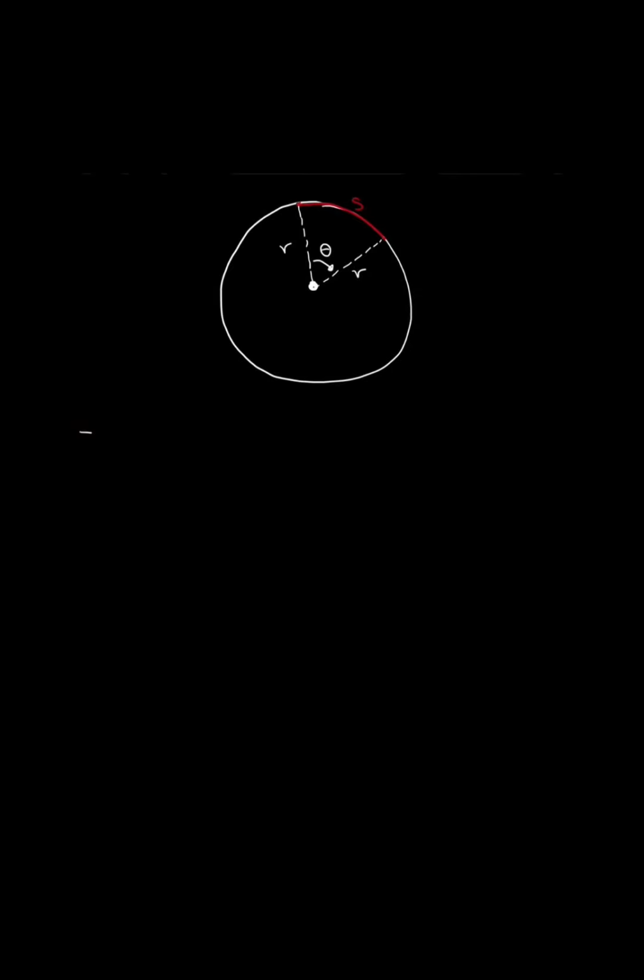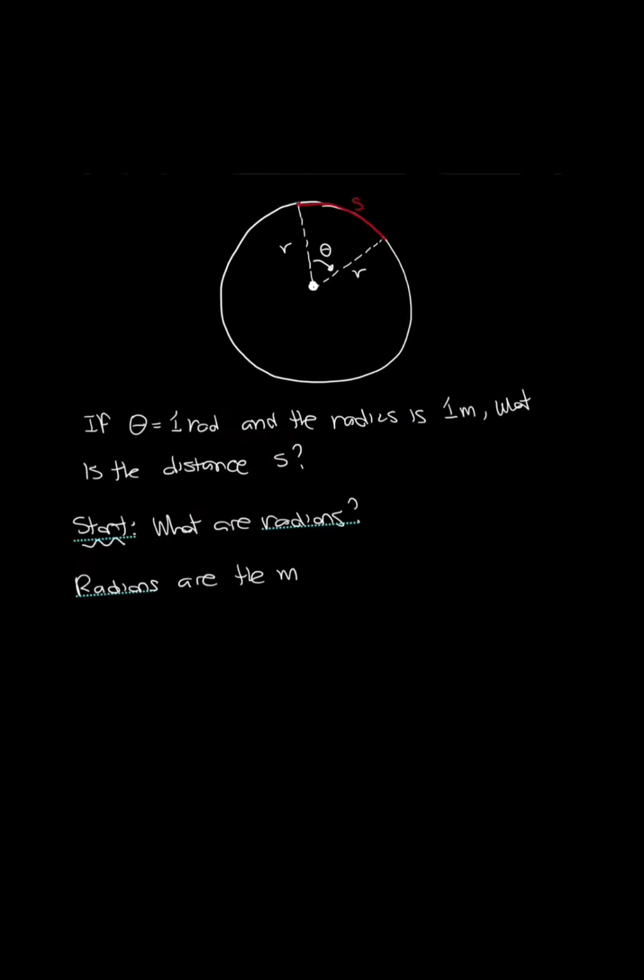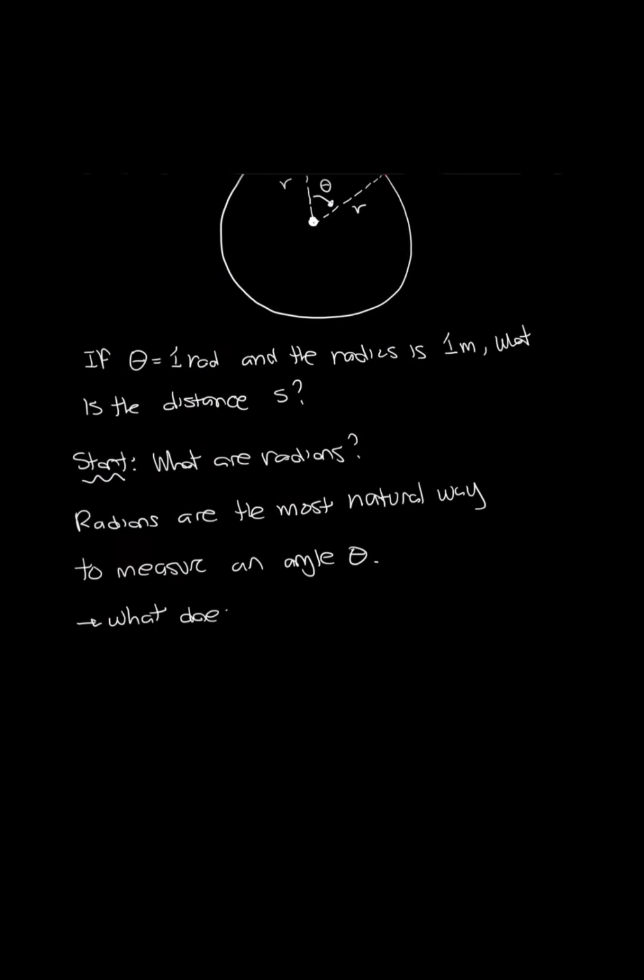Alright, so let's say you're given this diagram here, and the question asks you, if theta equals 1 rad, the radius is 1 meter, what is the distance of s? Start, what are radians? Radians are the most natural way to measure an angle theta, but what exactly does radians